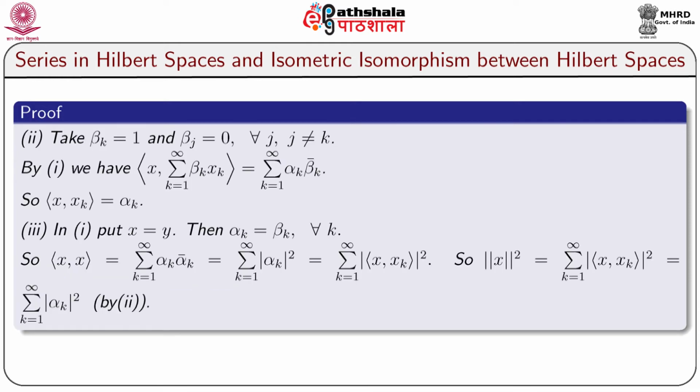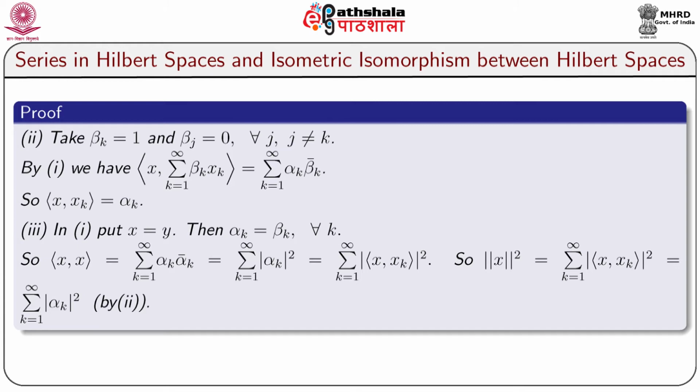For the proof of 2, let us take beta_k equal to 1 and beta_j equal to 0 for all j where j is not equal to k. By 1, we have seen that inner product x comma sigma k equal to 1 to infinity beta_k x_k is equal to sigma k equal to 1 to infinity alpha_k beta_k bar. So, inner product x comma x_k equals alpha_k. So, 2 follows. For the proof of 3, we take x equal to y in 1,